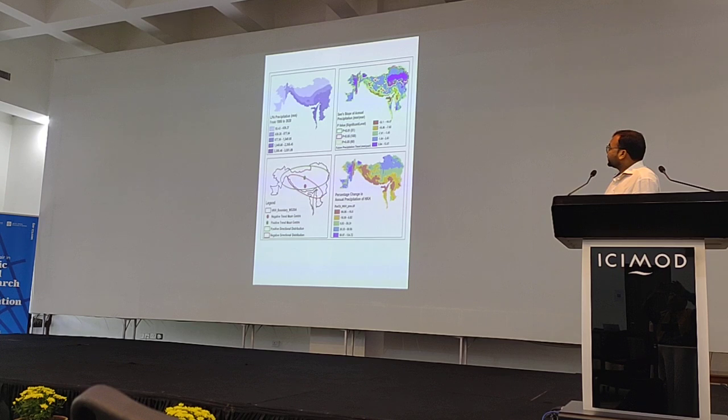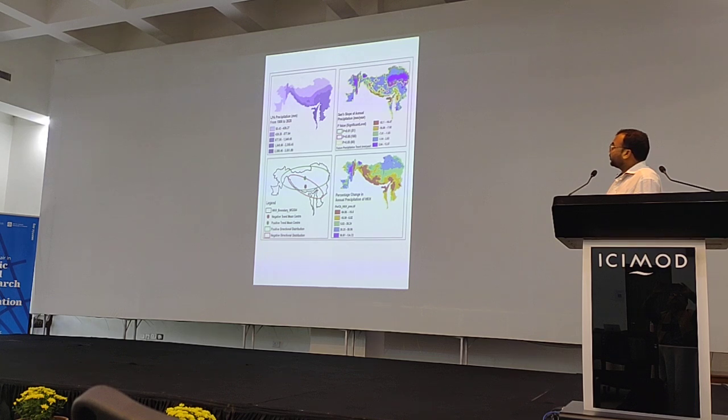Now, most of the regions of the upper Hindu Kush Himalayan region are showing an increasing trend of precipitation, around 13.5 millimeters per year. Another thing is that these regions also have more and more chances of increased flooding. The consequences of flooding are also happening nowadays in Pakistan and the upper regions.